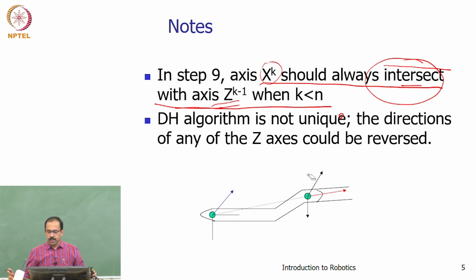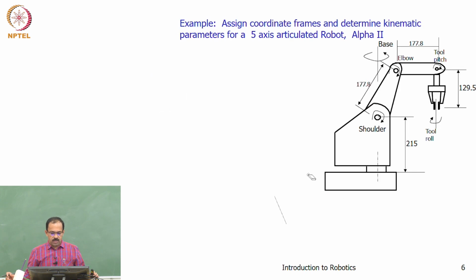Okay. Any questions? So, what we will do is take a very simple example which I already indirectly showed you. We will take a real, existing commercial robot and try to find out its parameters. This is a 5-axis articulated robot. So, what is an articulated robot? Anybody? What do you mean by articulated robots? Yeah, if all the joints are rotational, then we call it an articulated robot, that is all.